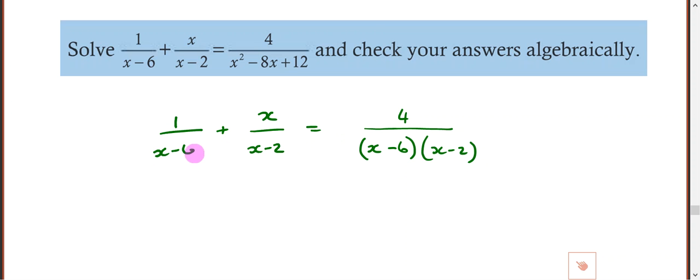To make this all the common denominator, this one needs to be multiplied by that. So we've got x minus 2 over, plus this one needs to be multiplied by that one. So we've got x times